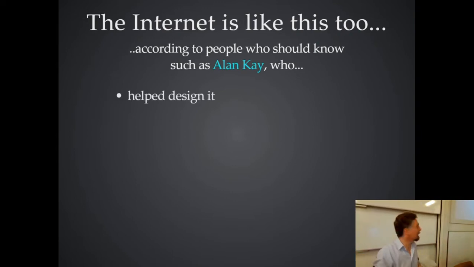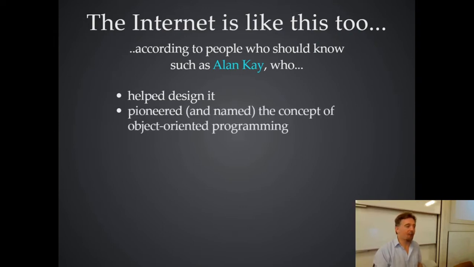Alan Kay, it turns out, is one of the people who designed the internet, although he doesn't take too much credit for that. He was one of a number of people that worked on it back in the 60s. But he invented object-oriented programming. Nobody told you who invented object orientation? Well, Alan Kay did. Not just on his own. He worked with a team of people, but he's generally considered the leading light, the vision guy. And he coined the phrase object orientation.